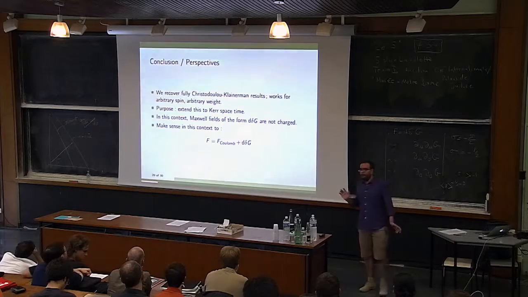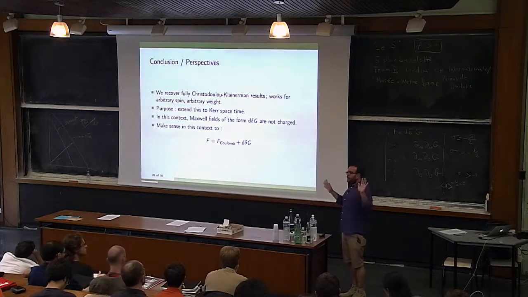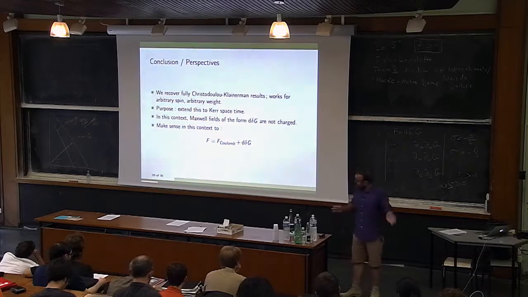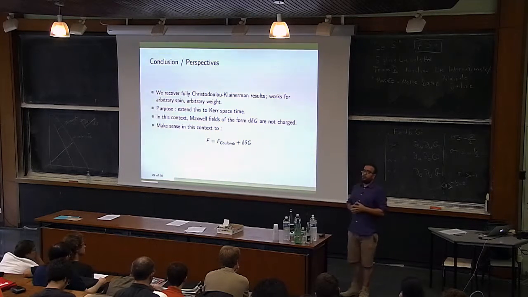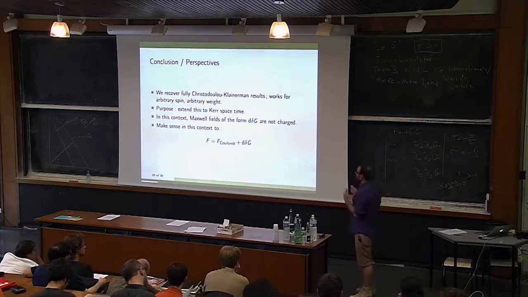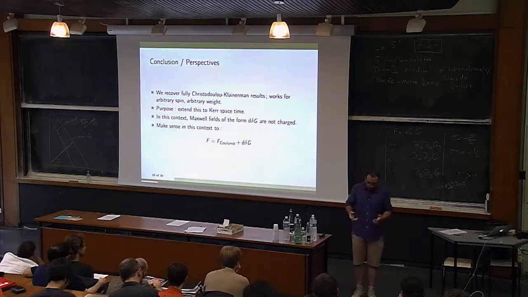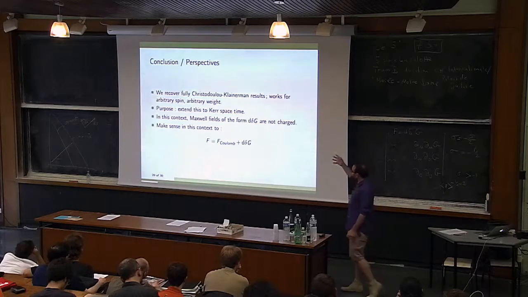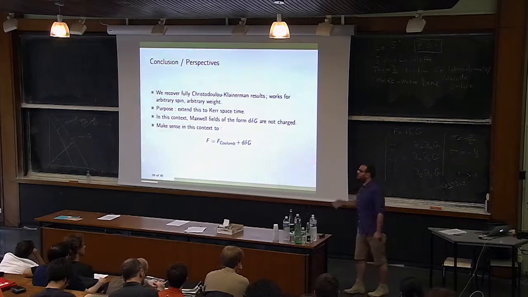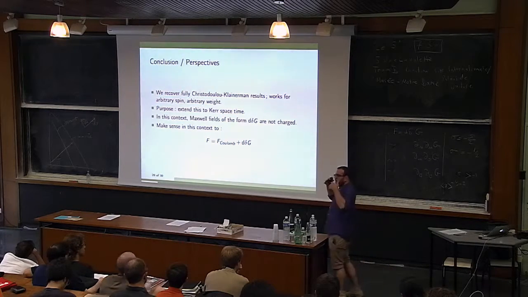So at least we are happy it works. It works quite smoothly. We don't have many differences for different spin, for different weight. We are more or less happy. Of course, we are all thinking of Kerr stability. This is complicated. This you know better than me. And the interesting thing why we want to try to carry on with this Hertz potential method is that we know that these Maxwell fields are not charged, and this is something we are happy with. It would be interesting nonetheless to make sense of something like this and use this structure to prove some kind of decay. Okay, this would be some kind of very vague idea